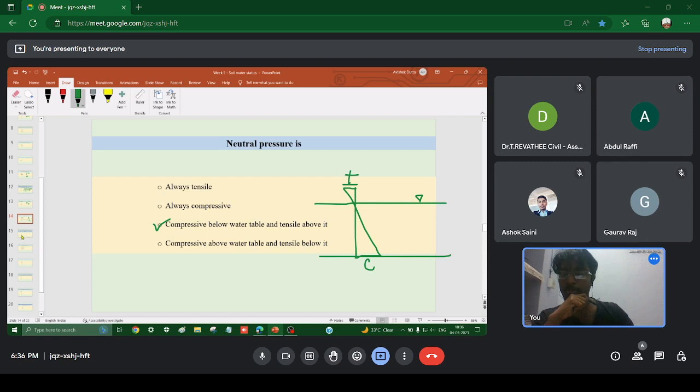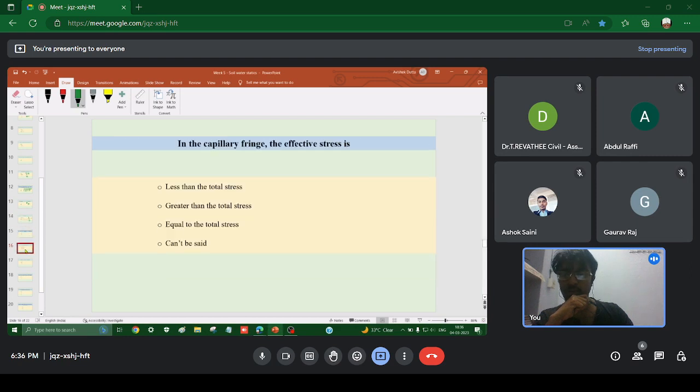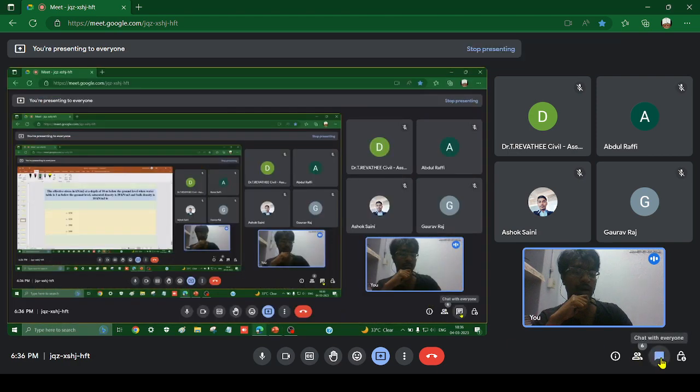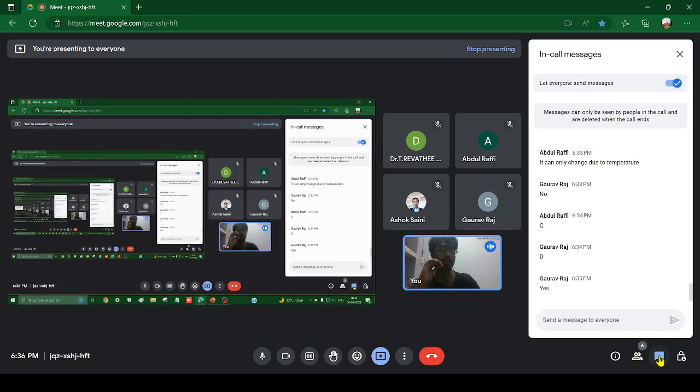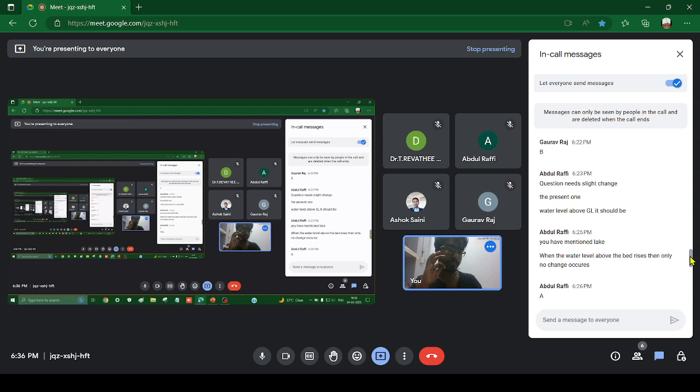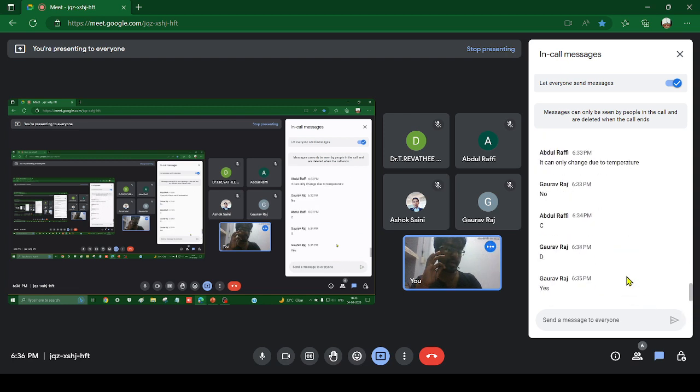Next question. Before going to the next question, I can wait for one more question. I'll just ask who was it who asked about the ground level. The ground level doubt is solved, right? You don't have any query regarding the ground level. I think it was Abdul, right? Who was asking me whether it should be ground level. Yes, Abdul. Is it clear why the question was not mentioning ground level? It was mentioning only soil? Yes. If you have any doubt remaining, please stop me and ask me, okay?